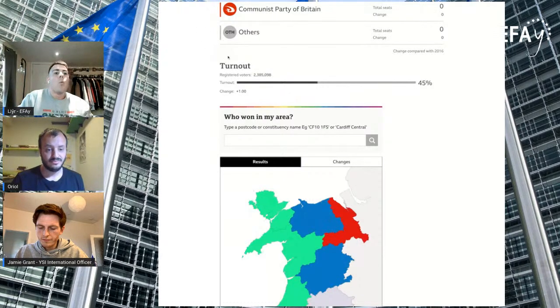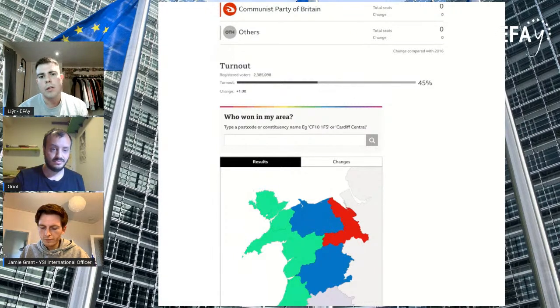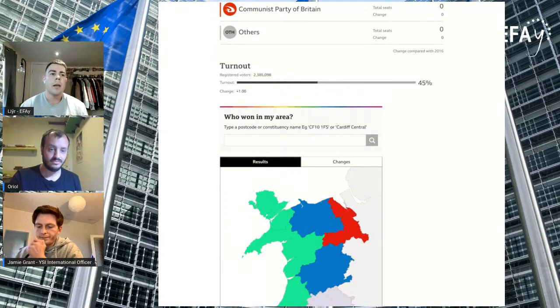Now, we hope when the final figures come out, that we'll see over 50% having voted in a Welsh election. So the majority of people having voted in the Welsh election, which unfortunately we've not seen before. Now, over 50% would give Senedd Cymru, the Welsh Parliament, more legitimacy, but it's difficult when we are faced with an apathetic